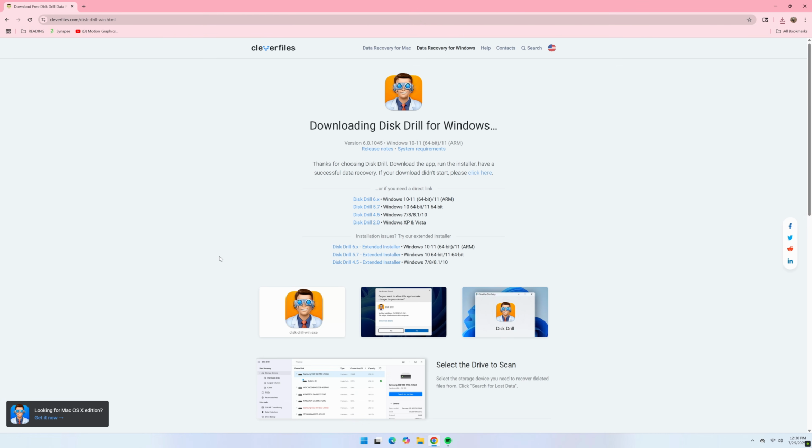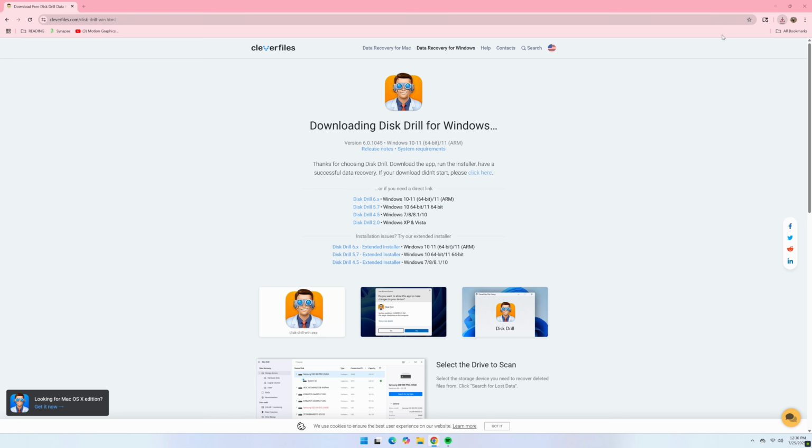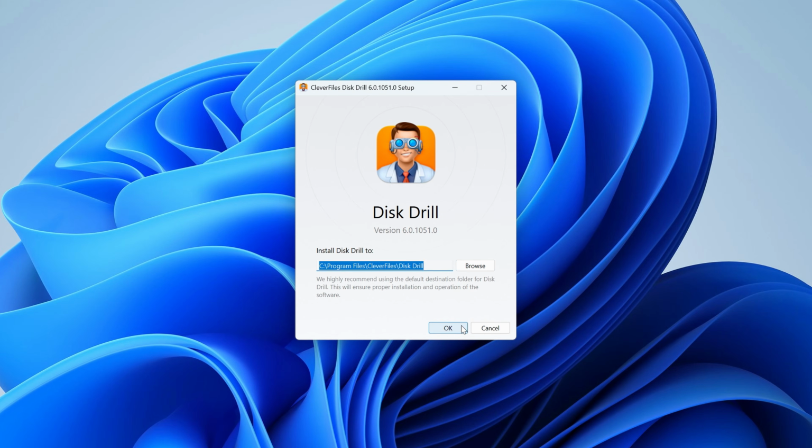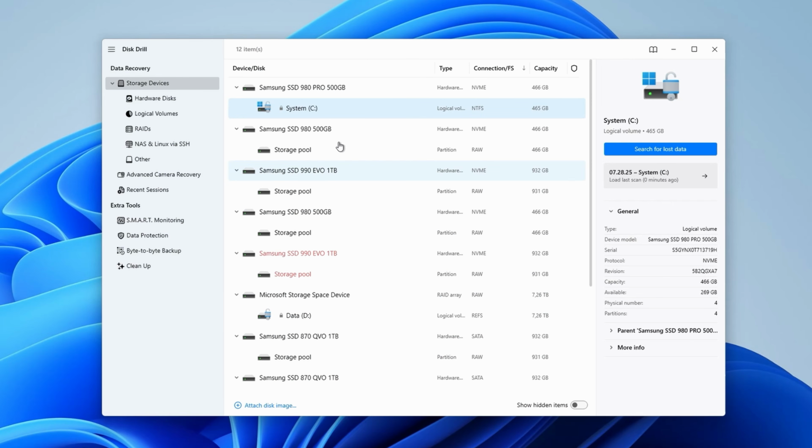So to recover files and folders disappeared from your desktop on a Windows 11 or 10 PC, first download and install Disk Drill. And note that it's important not to install it to your PC's system drive. I would recommend installing it to a secondary hard drive for safety. Then once it's installed, open it up and you'll be presented with a disk list, a list of all drives connected to your PC. Now from here, all we need to do is select our C drive and hit search